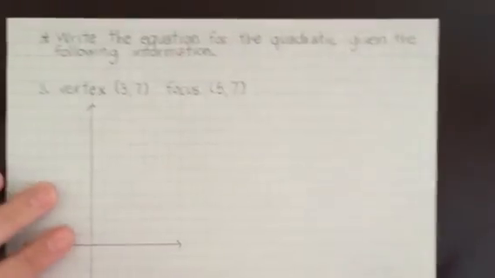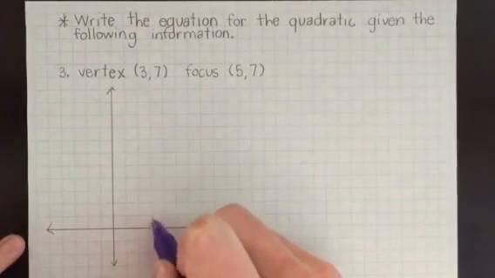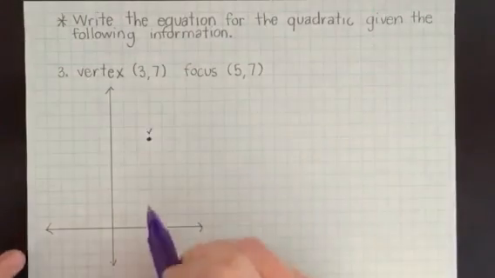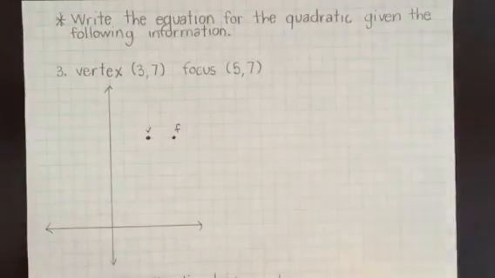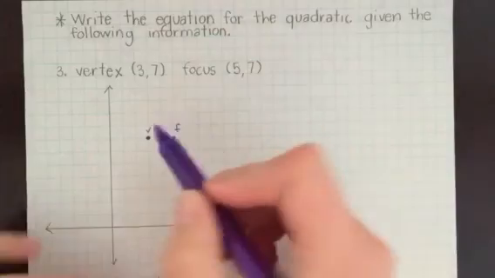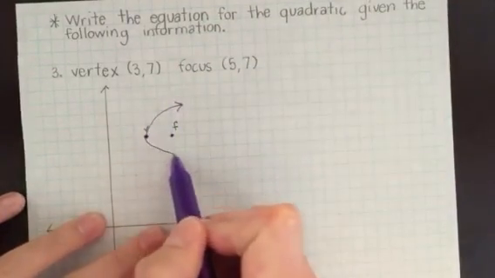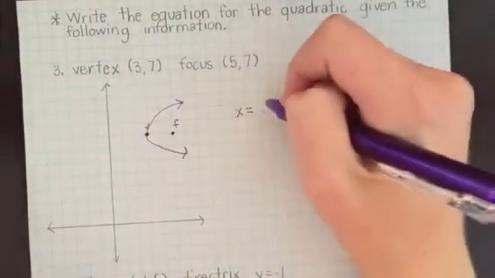Cool. The last piece of information I'm going to try to get through is to write the equation for the parabola given the following information. I'm given the vertex, 1, 2, 3, 1, 2, 3, 4, 5, 6, 7, which is 3, 7. That's the vertex. The focus is at 5, 7. How do I write the equation? First of all, if the vertex is here and the focus is here, it must open like this. That's a given. So I'm using the formula x equals. All right, I need to know